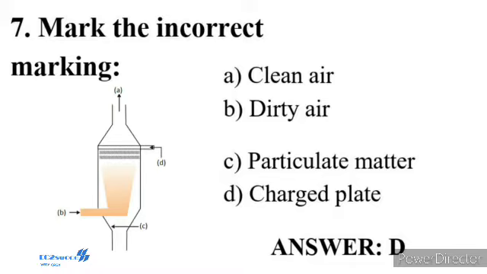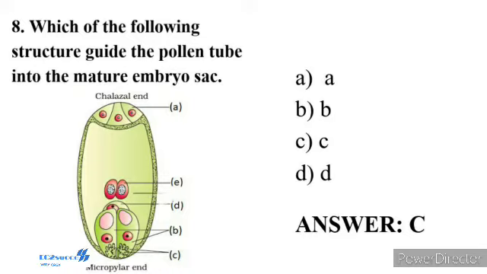There is a characteristic distribution of the cells within the embryo sac. 3 cells are grouped together at the micropylar end and constitute the egg apparatus. The egg apparatus in turn consists of 2 synergids and 1 egg cell. The synergids have special cellular thickenings at the micropylar tip called the filiform apparatus, which plays an important role in guiding the pollen tube into the synergid. 3 cells are at the chalazal end and are called the antipodals. The large central cell mentioned earlier has 2 polar nuclei.